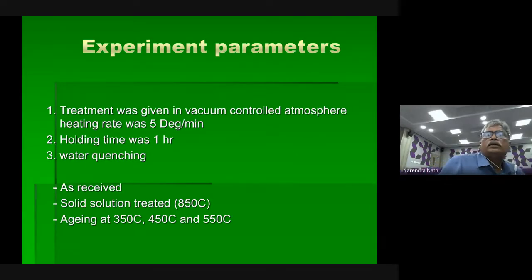So these are all the parameters one can think of. Anyhow, you need vacuum control whenever you use titanium, because titanium is a very good friend of oxygen. At high temperature it reacts with oxygen and becomes oxide, that is TiO2, so you are losing the material. To avoid this, you should not allow oxygen to interact during treatment. For that you need some kind of vacuum control, or argon gas controlled atmosphere.